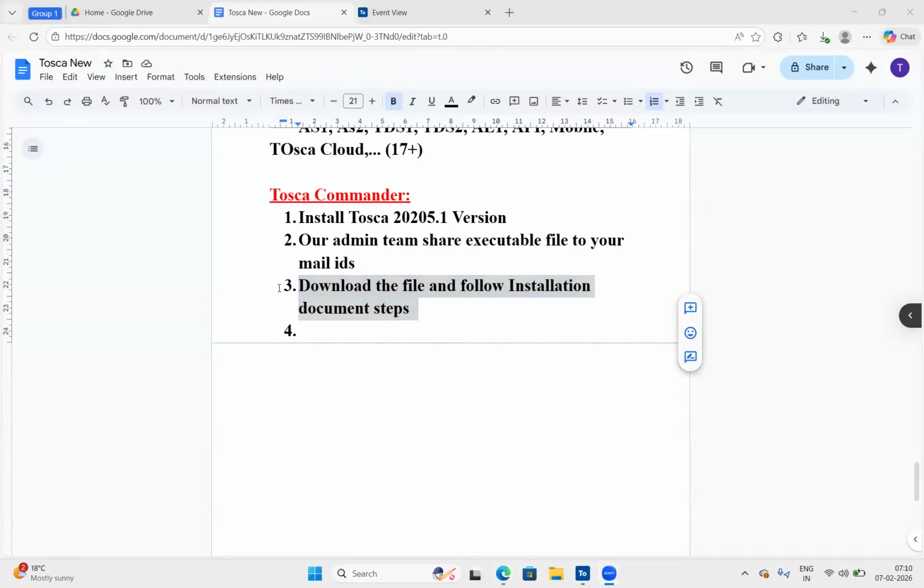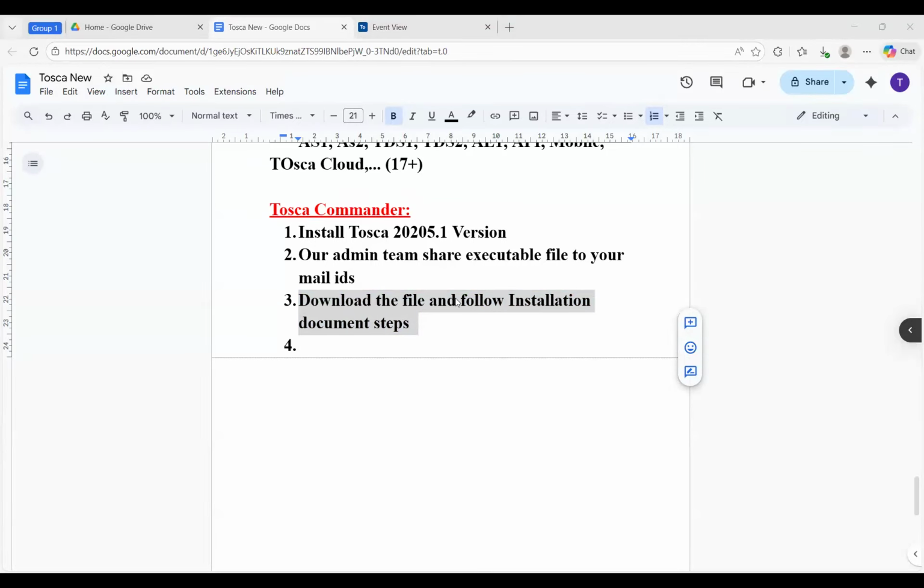Let me show you that. I think right now I don't have that installation process steps file, but basically the admin team shares it with you guys. Okay.